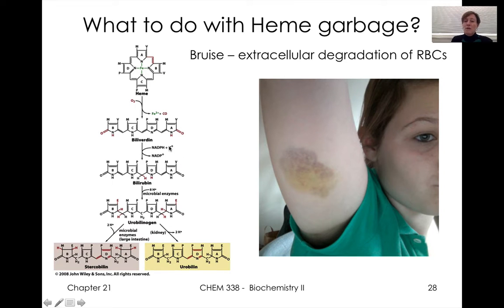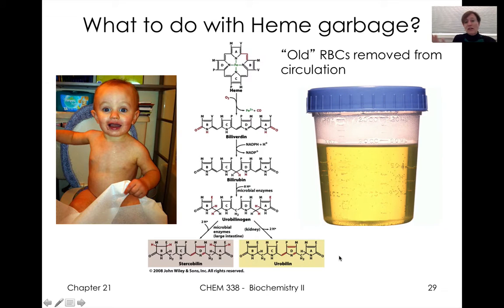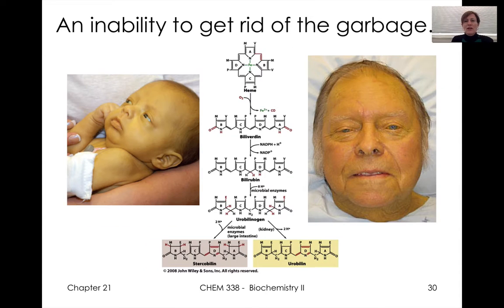This is one that we're going to talk about, bilirubin. Hopefully that's one that you've heard about. If not, we'll talk about it on the next slide. But not surprisingly, these are brown and yellow colored because of how you dispose of these, stercobilin and urobilin, in urine and then in fecal matter. Those routes are an important way to get rid of heme garbage, if you will, that's in your body. An inability to get rid of this garbage often stops at this bilirubin step because you need microbial enzymes to get rid of that.